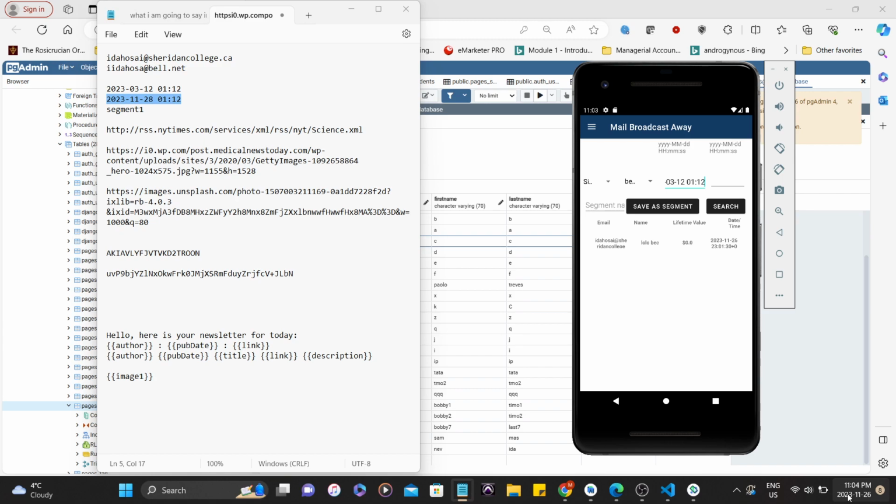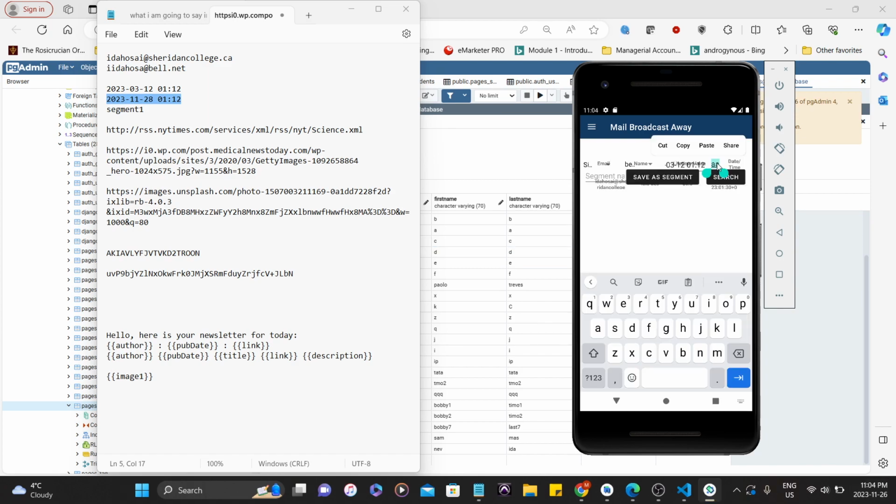And then we're gonna put the last end for the segment. So we go from that date to the next date for the segment. I'm gonna put a date, the next range date. I'm gonna paste it in. And then when we click search, we're gonna name this